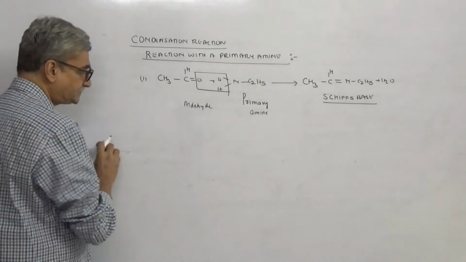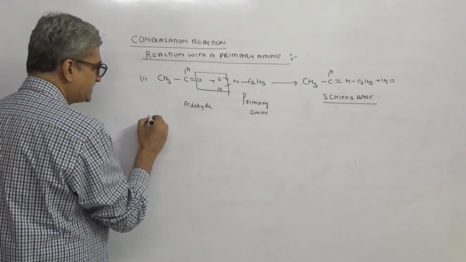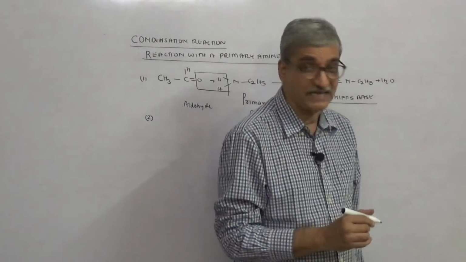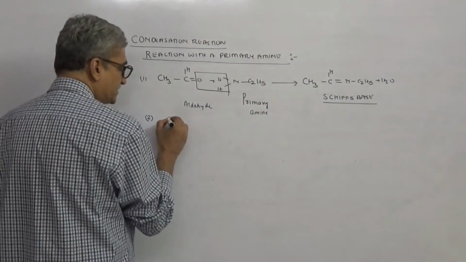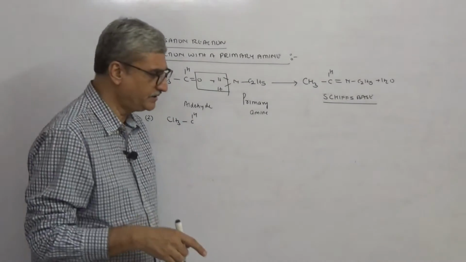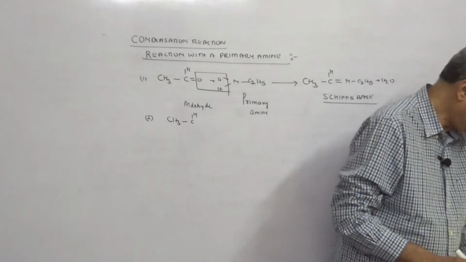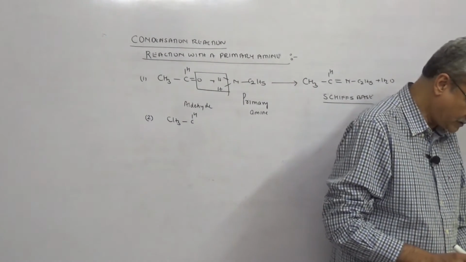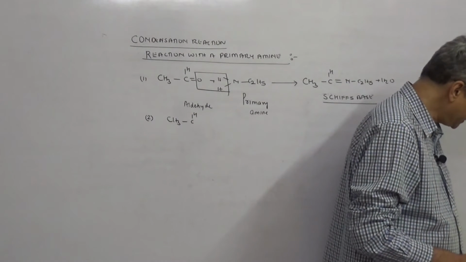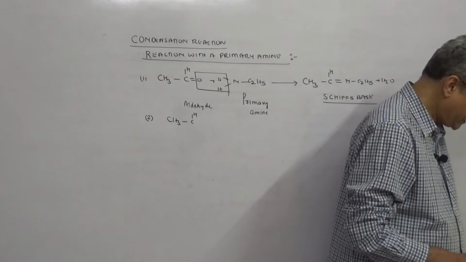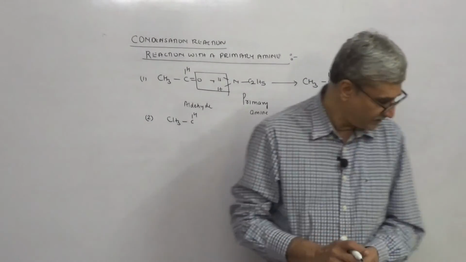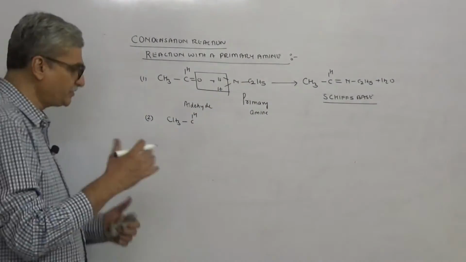So this is the primary amine. The second example after primary amine is hydroxylamine. You will get an oxime. I'm going to stop at condensation reactions today, so that you can revise a little bit. Then reduction, aldol condensation, Cannizzaro and other reactions we will see on Wednesday. Is this point clear? I should be able to complete. Maybe if I am not able to complete on Wednesday, I'll take a little extra time, because Friday I am not here. So I don't want tension. Today we will finish just the condensation reactions.